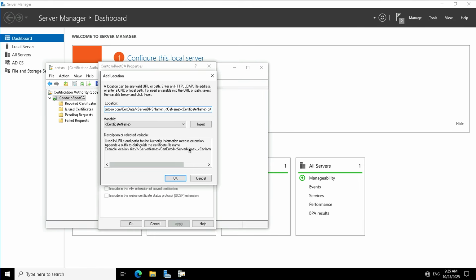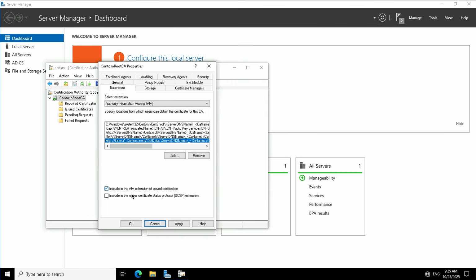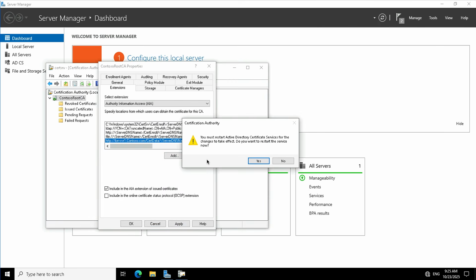This is the final path for authority information access, and include it in the AIA extensions of the issued certificates, and